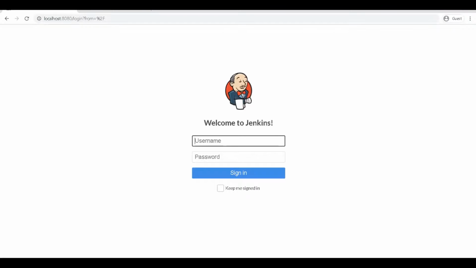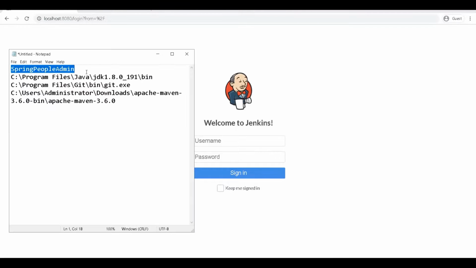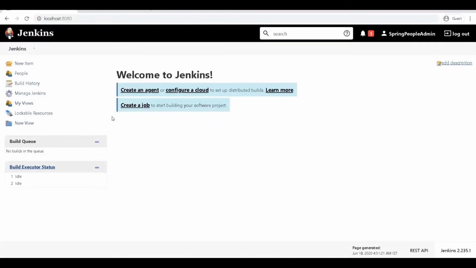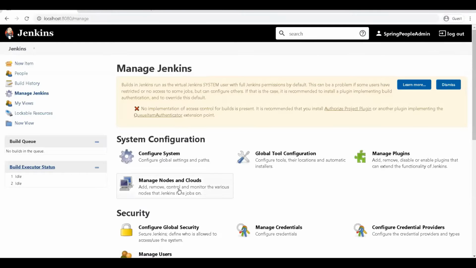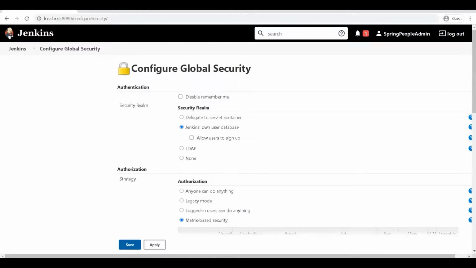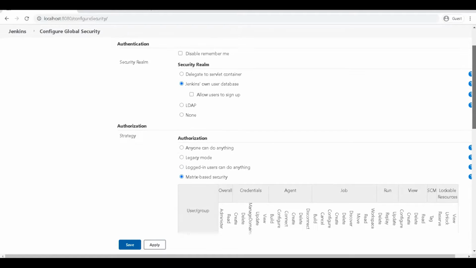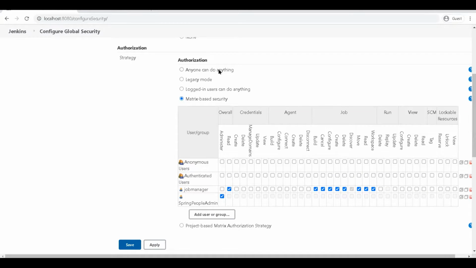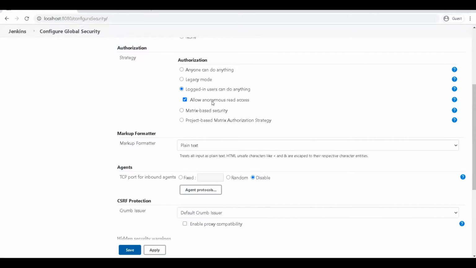Let's see if something is remaining in security level. So authorization, I would say anyone can log in. Basically, it's an open access, which should not be recommended. Matrix-wise, a logged-in user can do anything, and other users can view in read-only access.